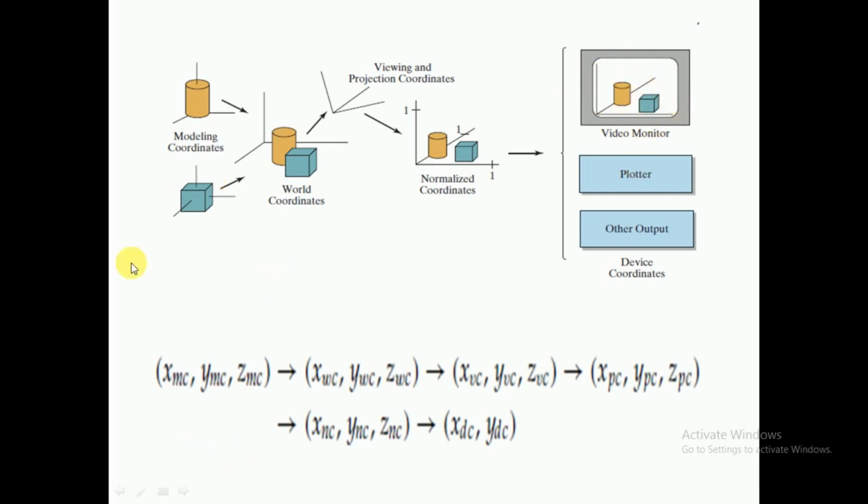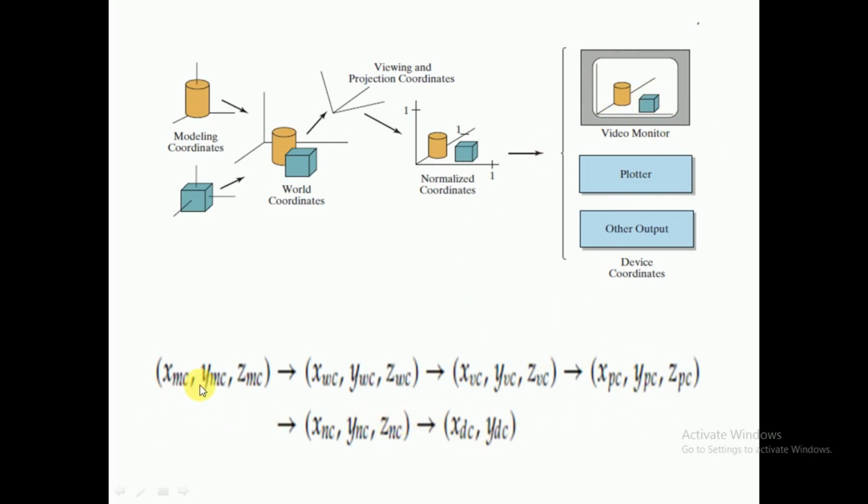That's why originally your input is in modeling coordinates: x modeling coordinate, y modeling coordinate, z modeling coordinate. Then the modeling coordinate will be converted to world coordinate, xwc, ywc, zwc. Then these will be converted to viewing coordinate, then viewing coordinate to projection coordinates, then projection coordinate to normalized coordinates, then normalized coordinate to device coordinate, where device coordinate is only 2D, right?